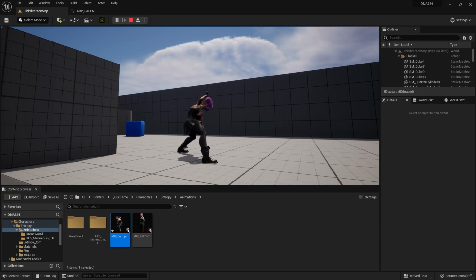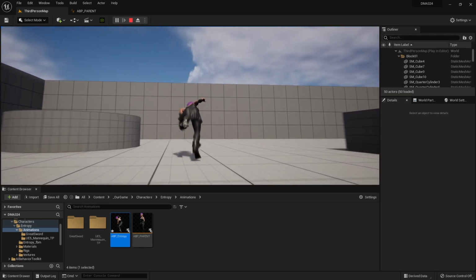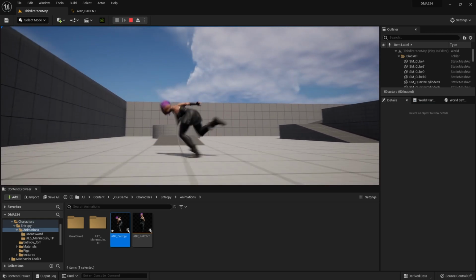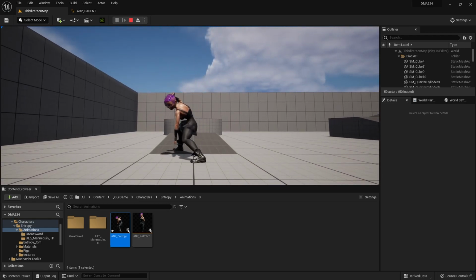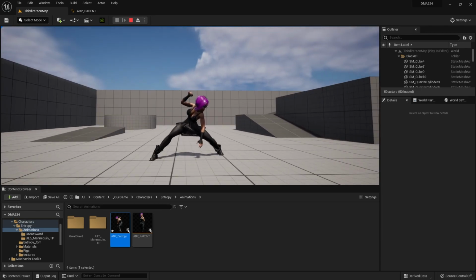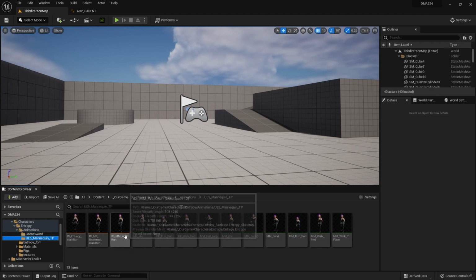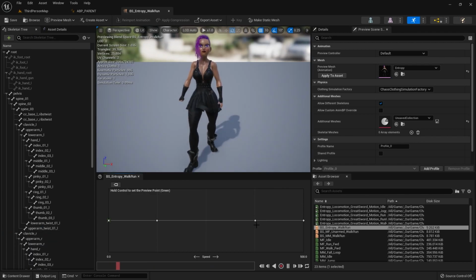But there you go. That ultimately is kind of the workflow. Getting the animations to look their best is of course an art form. But as we can see, we're running around here. We're maintaining our foot contact because we fixed all the foot contact information there in iClone. We've set up our blend space. I think I would probably go in and adjust the speed at which some of this stuff is happening. So if I went into that blend space that we just created, entropy walk run,